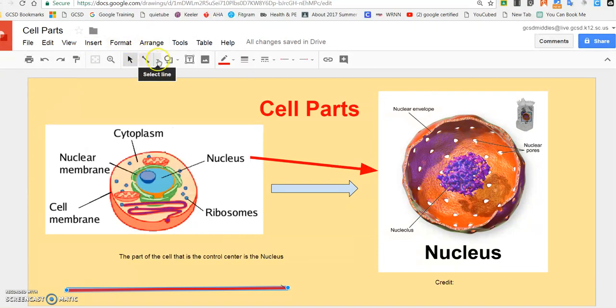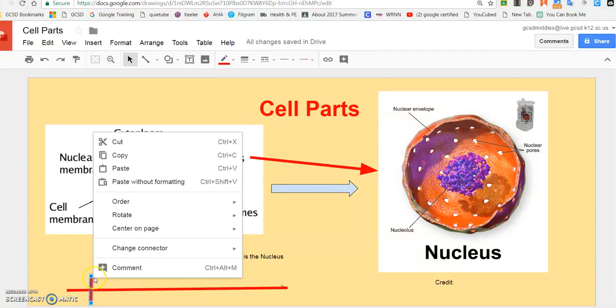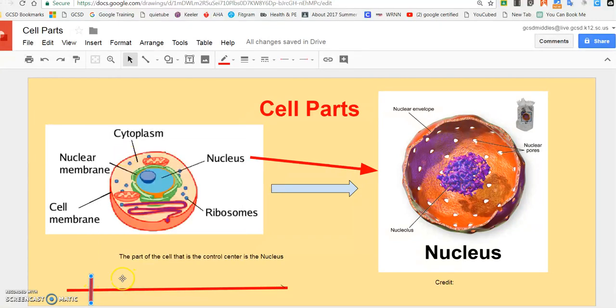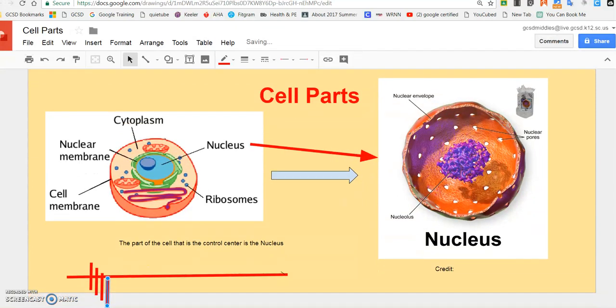I might want to insert another line, and this time I'm going to have it go across the actual timeline. This time I'm going to highlight it, and I'm going to do Control-C, which is going to copy it, or I can right-click and copy. And then I'm just going to do Control-V for paste, because I'm going to have several things on my timeline if I'm in the class where I'm using such. And do the same thing here,